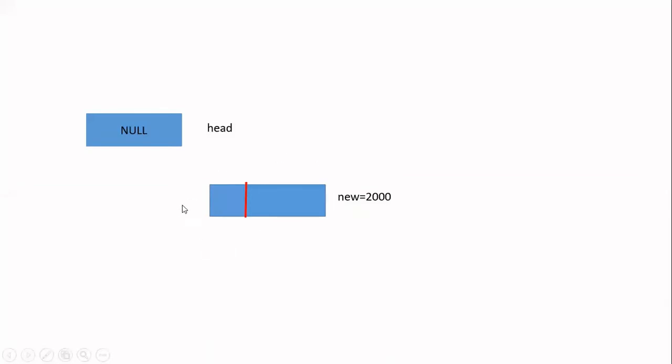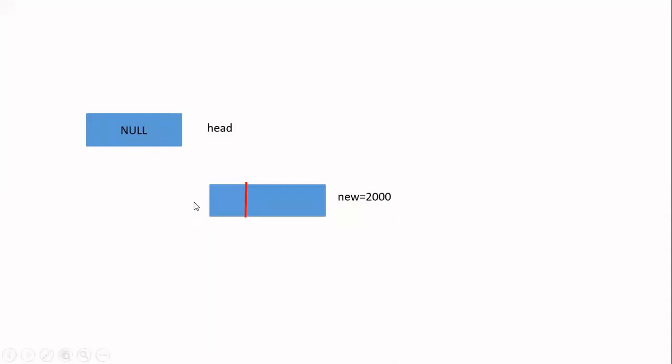Okay, for allocating the memory, that is for creating this blue color box, I am going to use the function malloc. When I use the function malloc, it will allocate some memory, it will return the starting address. I am assuming that that starting address is 2000. So starting from 2000 up to 2011, I will have my structure. And in malloc, I will store the return address in some pointer variable. That pointer variable is new here.